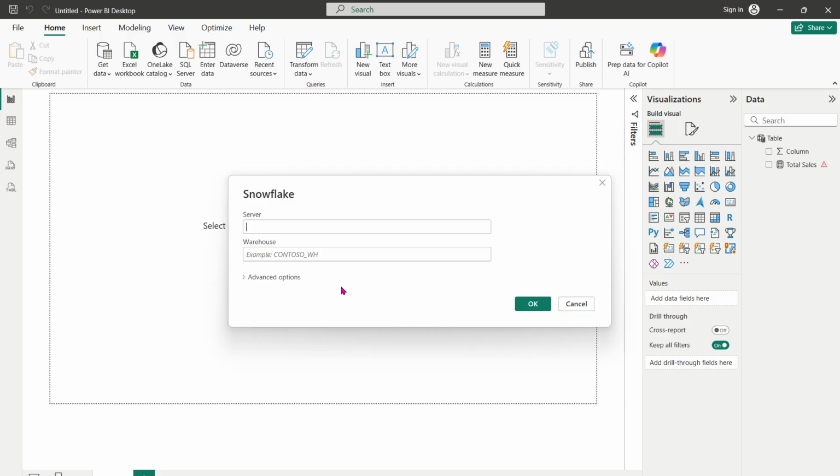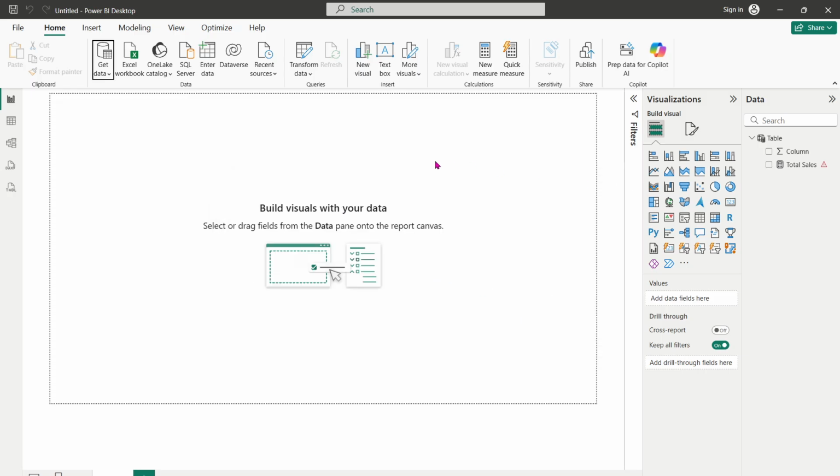Once you've located Snowflake in the list, go ahead and click on it. You'll notice a Connect button appearing once you select Snowflake, so go ahead and click that as well. At this point, Power BI will prompt you for connection details. It's essential to have your Snowflake account information on hand, including your server name, username, and password. These credentials will allow Power BI to open a line of communication with your Snowflake